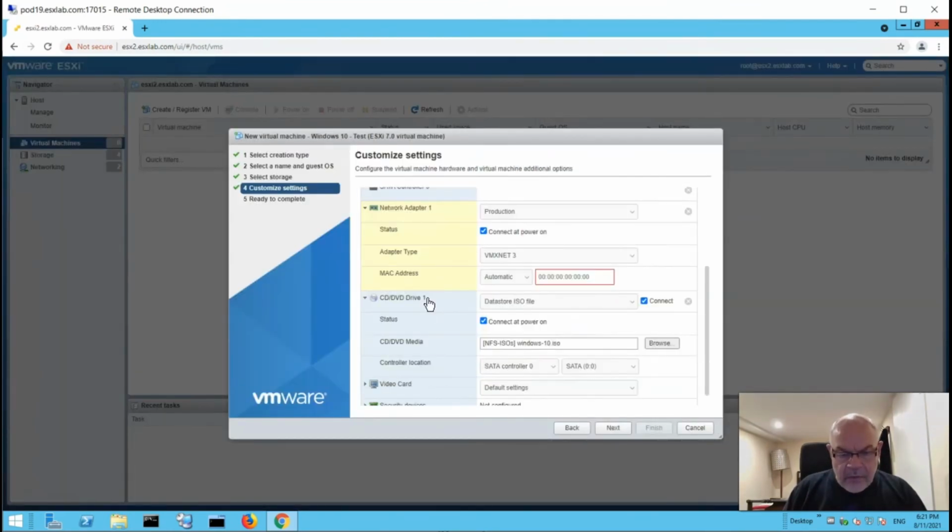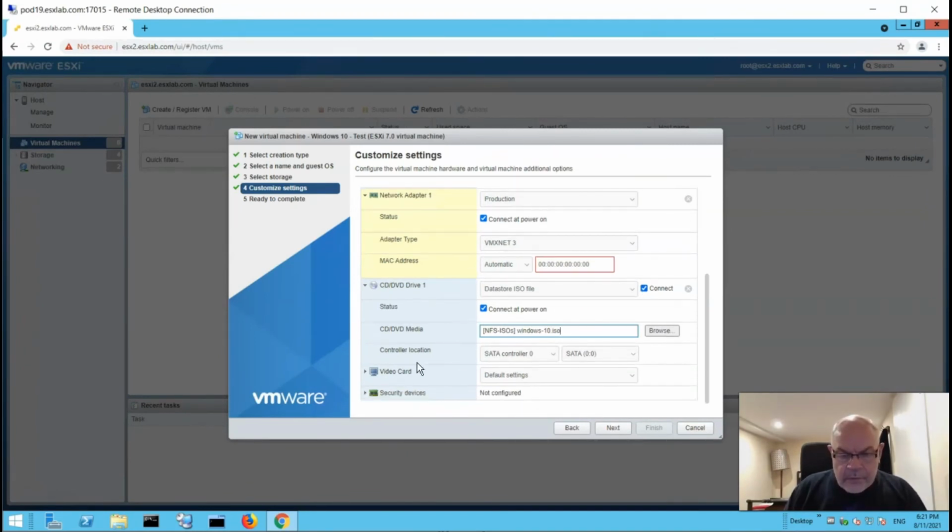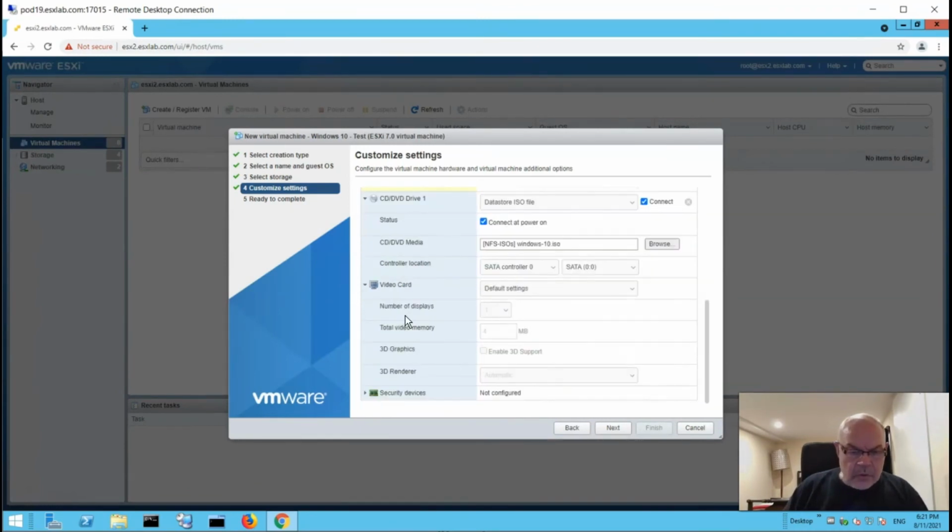And I can verify that everything's good because it says the NFS ISO's data store followed by the full name of the media image. It's connected to a SATA controller and it is set to connect, which means it will connect at power on. As far as the video card goes, I didn't actually mention or show you how to do this in the lecture, but what I can do if I want is